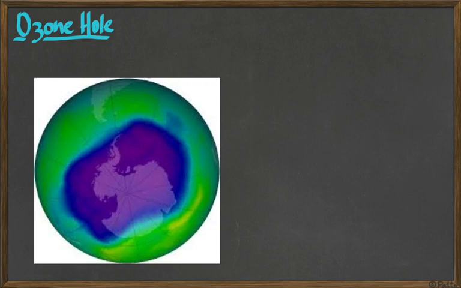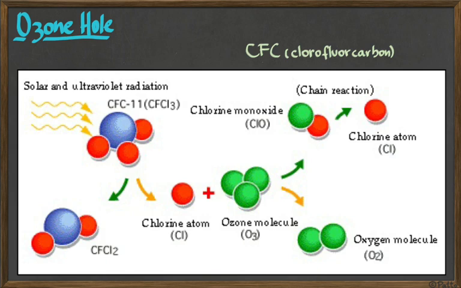It reduced the concentration so much in some areas that in some places of the globe, like now in the South Pole, we have a hole in the ozone layer, a thinning, a less concentrated ozone distribution in there. And this is because of this guy, CFC, or chlorofluorocarbon. Chlorofluorocarbon is a molecule that has many uses in industry, but when it gets high in the atmosphere and when it receives UV radiation, it breaks down into